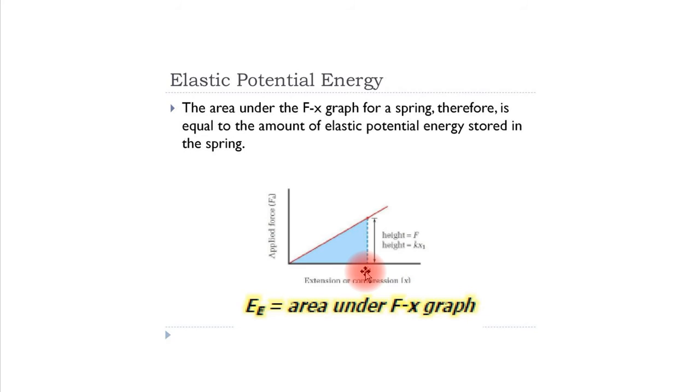So the total work done in stretching the spring is stored as the elastic potential energy of the spring, and that is equal to half kx square. So this is the graphical representation, the graphical idea, of the elastic potential energy stored in a spring. We will go to the next section to discuss the actual proof of half kx square.